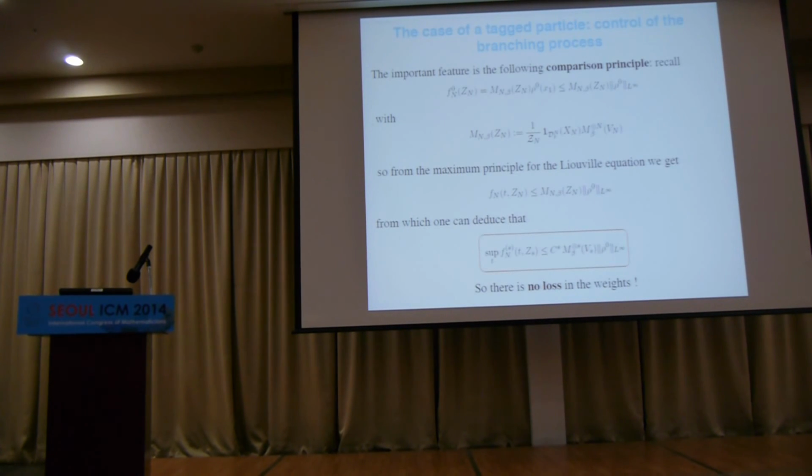Now, to finish, I'd like to explain why, in the case of a tagged particle, things go better. Okay, why is it not 1 over alpha, but anything more? So let me recall the initial data for the tagged particle. I have here this guy, which is just n copies of the Gaussian, the exclusion, and the normalization factor. And then I have rho 0 of x1. I've decided to single out particle 1. The only thing I'm going to use here is that rho 0 is bounded. And so I'm just going to control this by the Gaussians times the L infinity norm of rho 0.